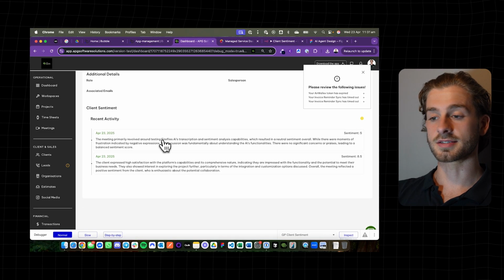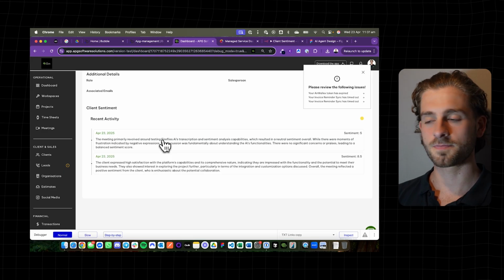but also the client's attitude, and rate that client on a certain scale of how easy they are to work with, because we all know that there's a portion of clients out there that can be very, very difficult to work with and can cost your business a lot of money if they have a really negative outlook, really difficult to please, etc., etc. So what we're going to do is develop this further in the next video, but what we've